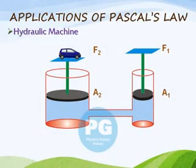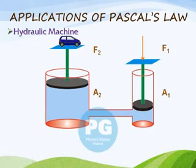Hydraulic systems are the most common application of Pascal's principle. The hydraulic machine works on the same principle. The hydraulic machine, or more commonly known as hydraulic press, is used to lift heavy vehicles or objects with very little force. Two containers, joined at the bottom with a pipe, are taken and filled with water, and pistons are